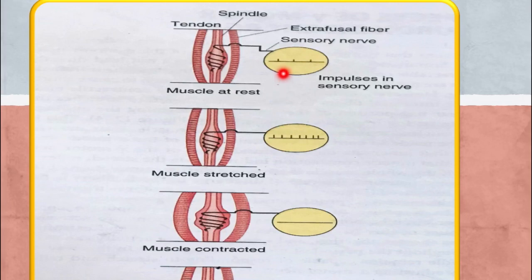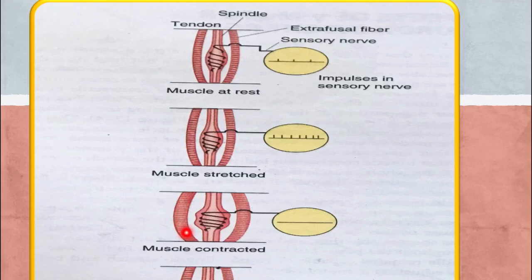This activity, here there are 3 waves. In this one, it is increased from 3 to 7. Why? Because we stretched the muscle. We stretched the muscle, which stretched the middle part of the intrafusal fiber, and which generated the impulses, and these impulses are recorded over here. Now, what will happen in response to this stretching?